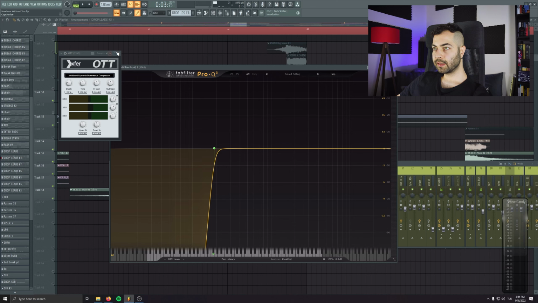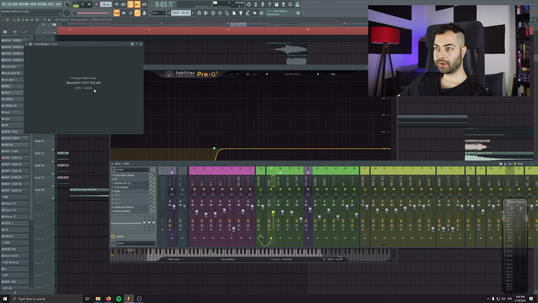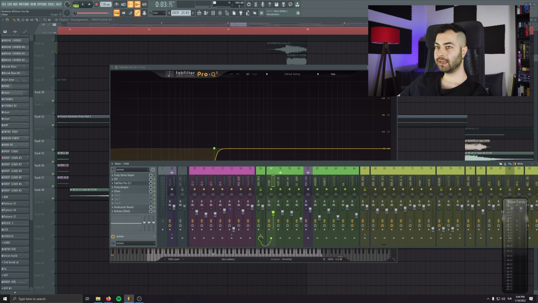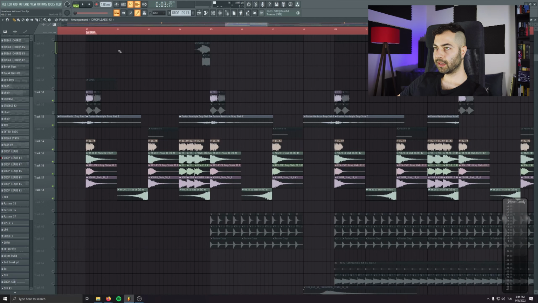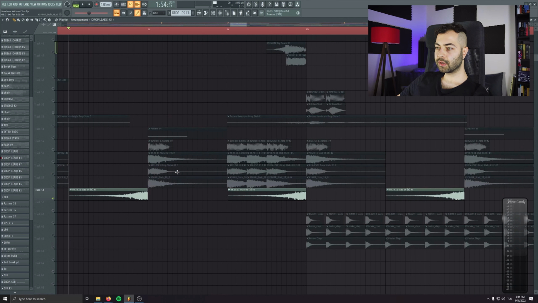Nothing fancy on the steps, and I think we are again probably missing some plugin, probably S1 Imager for stereo imaging, but that's all. And we have this reverse layer, so it's filling the gap.